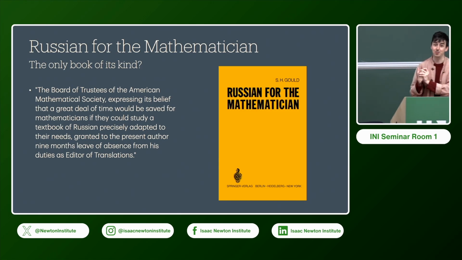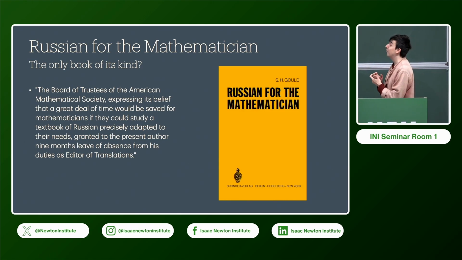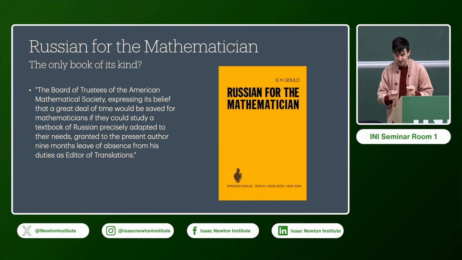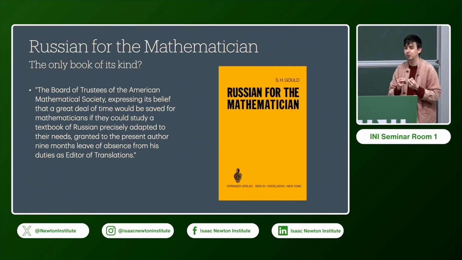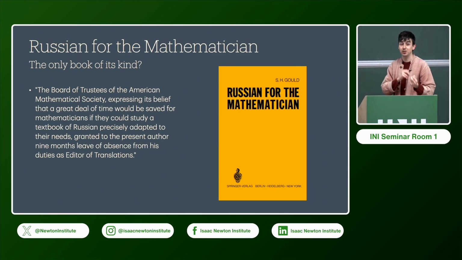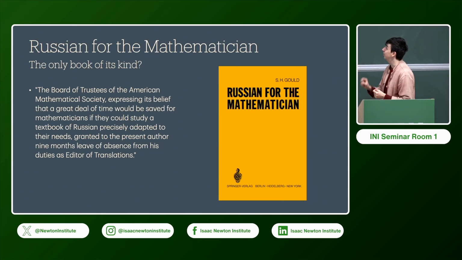I would love a French for the Mathematicians book. That would have been incredibly useful when I wanted to get into algebraic geometry. And I would love other books for other languages as well. It's super niche, super specific, but it lays a really great template for what it might look like to have a course or a book or a resource specifically built around language X for the mathematician. It's a non-trivial thing to write, but incredibly high value for those that get value from it. So it's a really cool book.